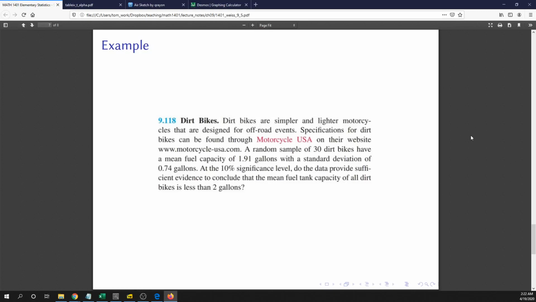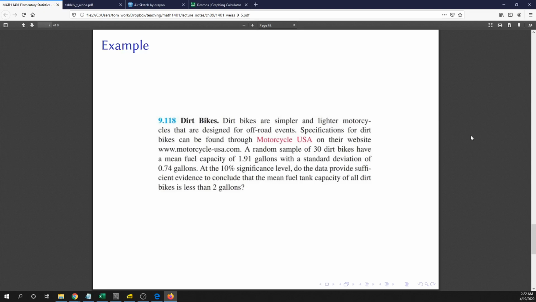In this video, we are going to talk about problem 9.118 from our textbook, dirt bikes. It says dirt bikes are simpler and lighter motorcycles that are designed for off-road events. Specification for dirt bikes can be found through Motorcycle USA on their website, www.motorcycle-usa.com. A random sample of 30 dirt bikes have a mean fuel capacity of 1.91 gallons with a standard deviation